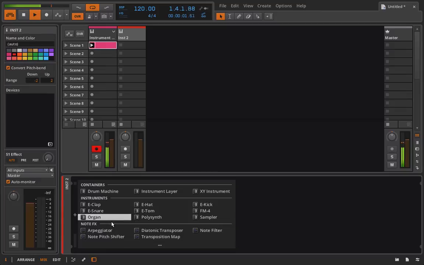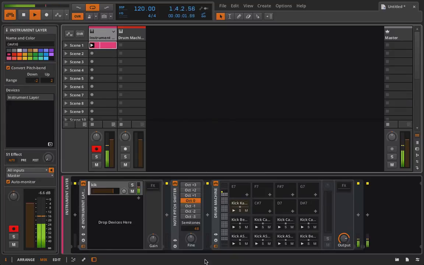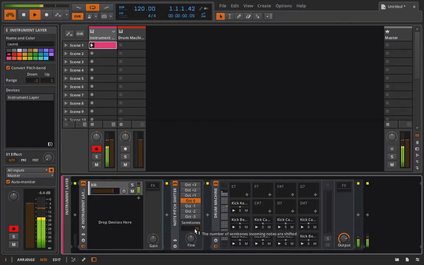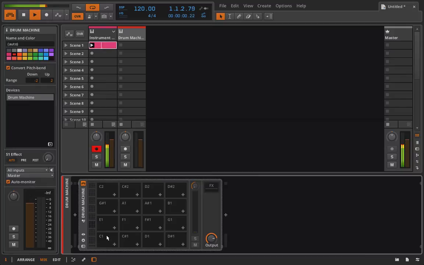Okay, so the brilliance of this is that all I have to do is now just adjust the semitone. And so I can scroll through all of these samples and I would find one that I like. All right, so when I find one I like, I figure out which one is triggering. Then all I do is I copy this drum chain, go into my new drum instrument,